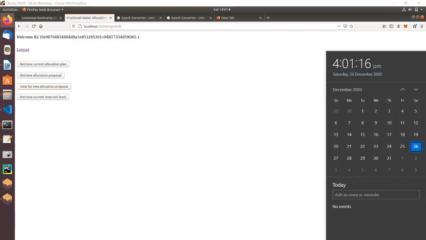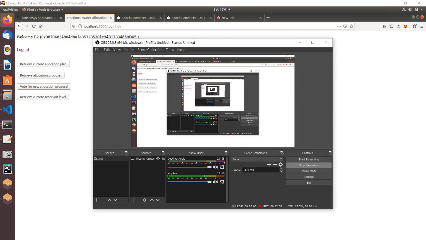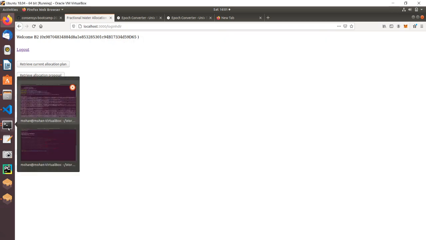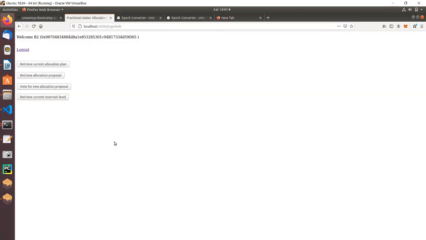Okay. So I think the voting window is already over, we are already outside the voting window. So B2 is also unable to vote at this point. So as per the current situation,